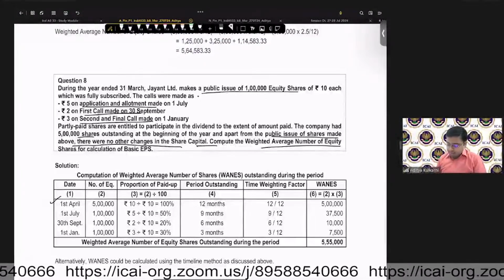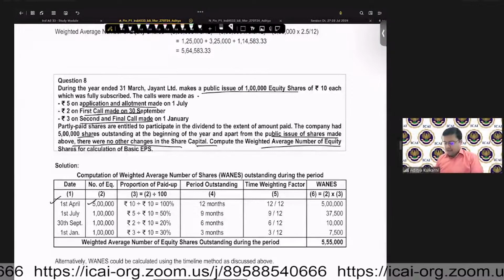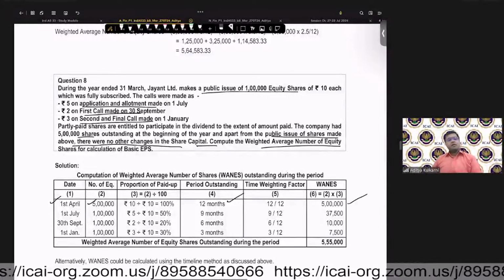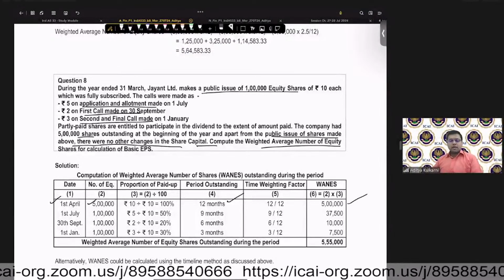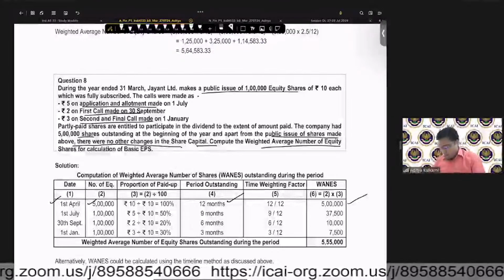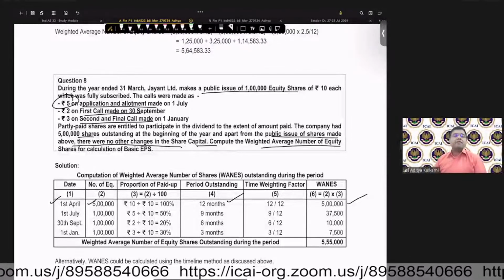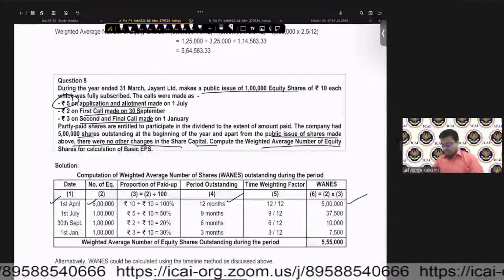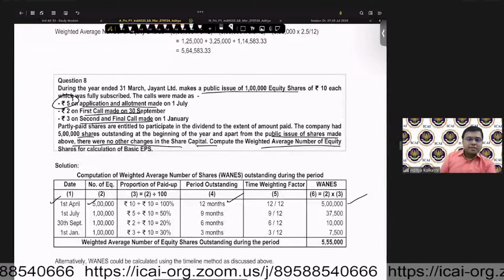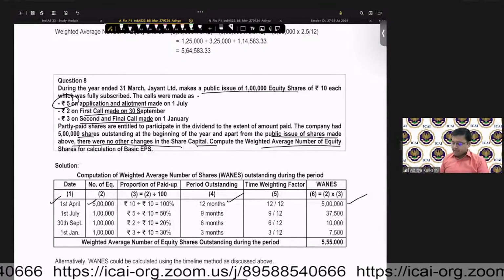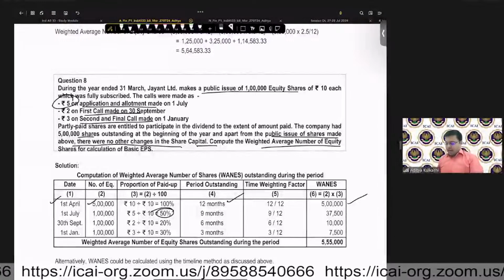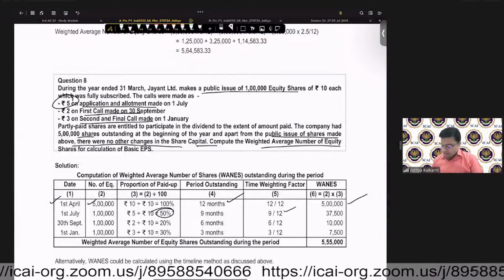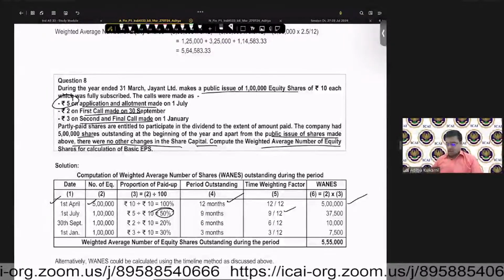Okay. 1st April, we are having 5 lakh equity shares. These were there for 12 months in totality. So 5 lakh becomes your basic computation for the shares that were there in the opening balance. On 1st July, I have made a fresh issue of 1 lakh and amount to be paid on application allotment is rupees 5. So out of 10 rupees each share, 5 is being paid. So 50%. So this is going to be 1 lakh into 50% because only half has come. So 50,000 into 9 by 12. This happened on 1st July. So that comes to 37,500.